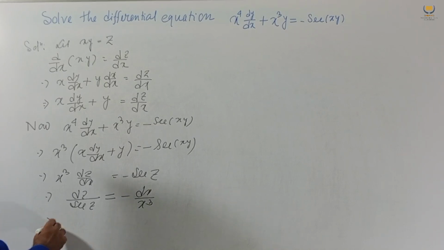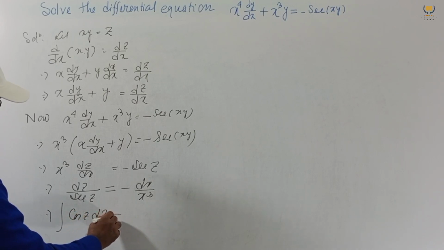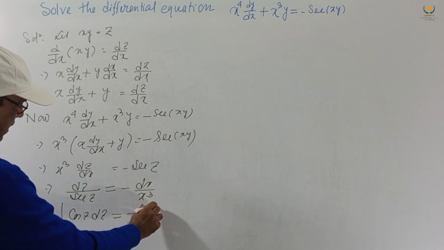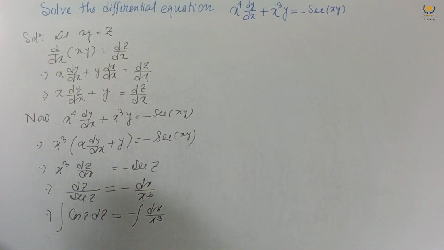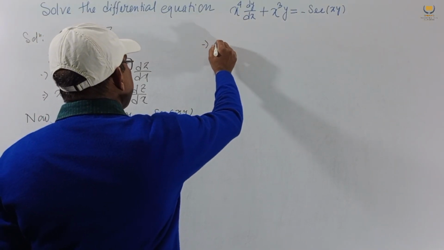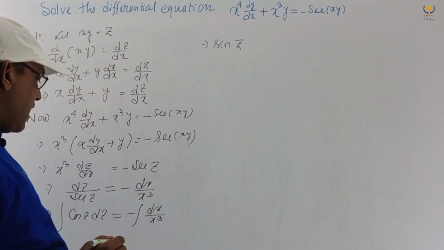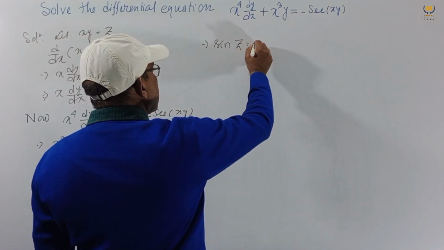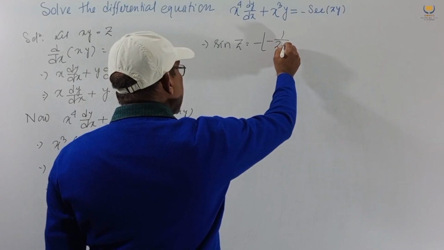Now we integrate both sides. 1 by sec means cos z dz, and minus dx by x cube. So we get this, but the integration of cos z means sin z, and this will be minus 1 by 2 x